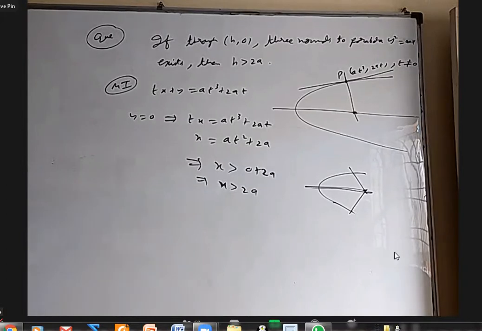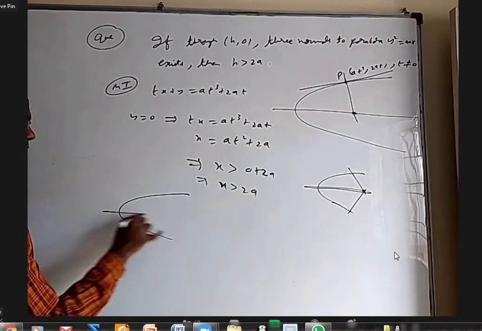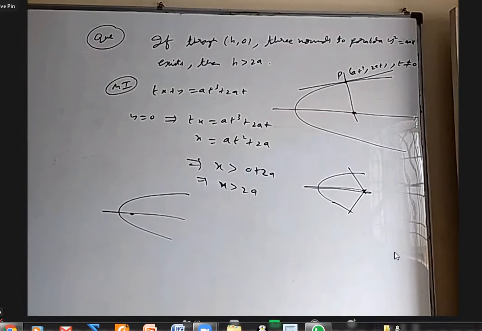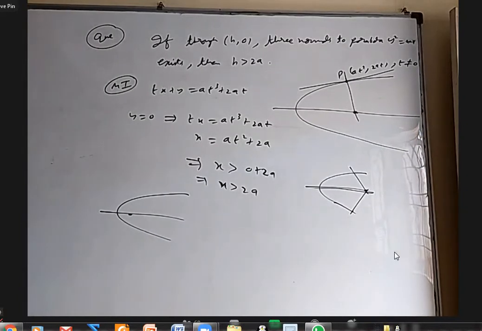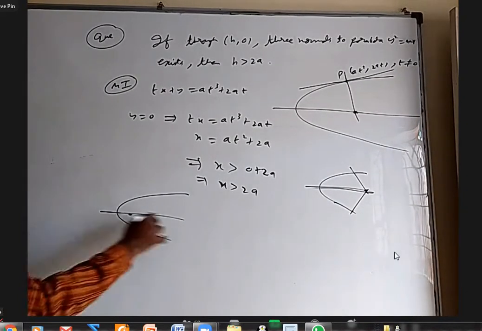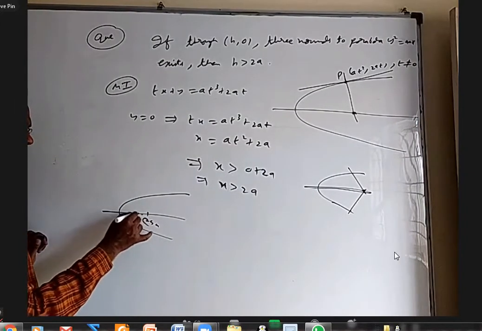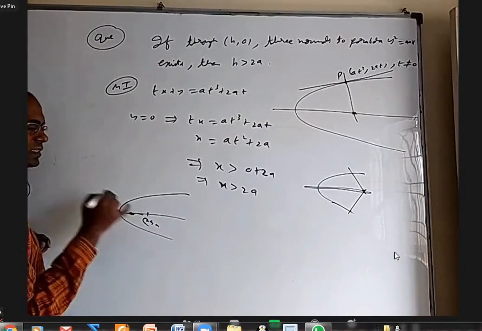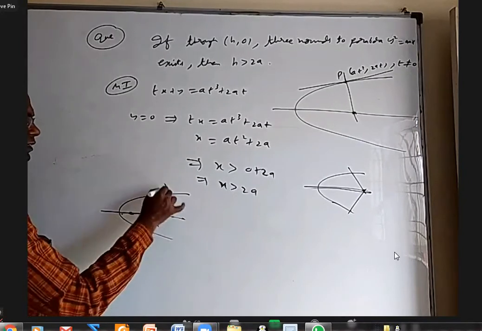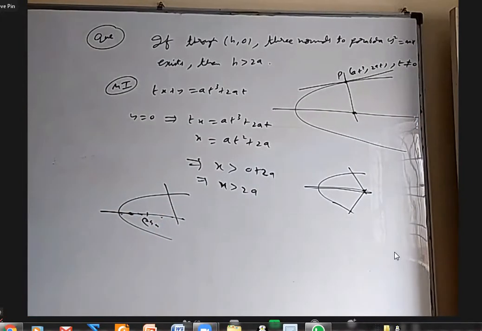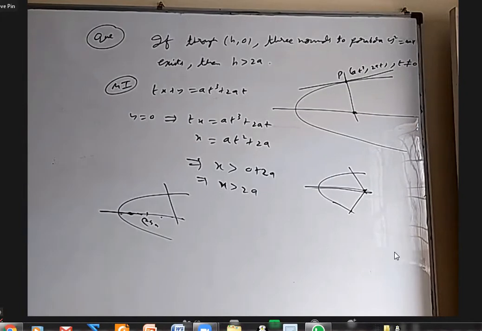Somebody will ask, how many normals of a parabola pass through the focus? What is the answer? Only one, which is the axis. There is nothing special about the focus. Till (2a, 0), take any point before that, the axis is the only normal. Beyond that, if you take some point, yes, there will be, other than the axis, one normal above and one normal below.